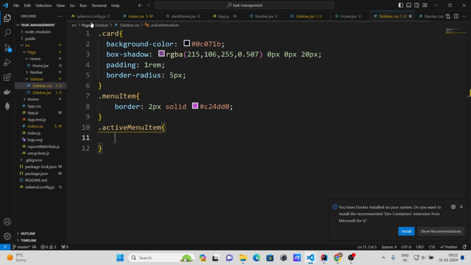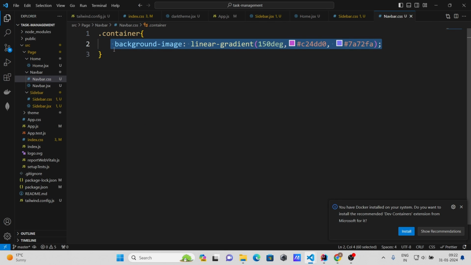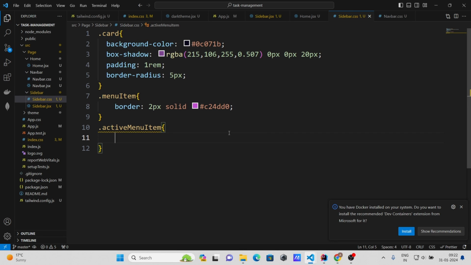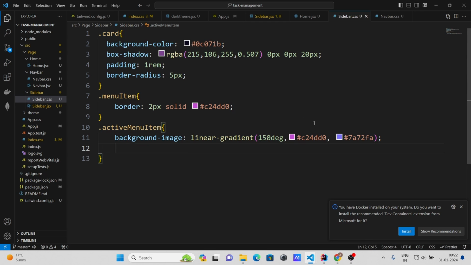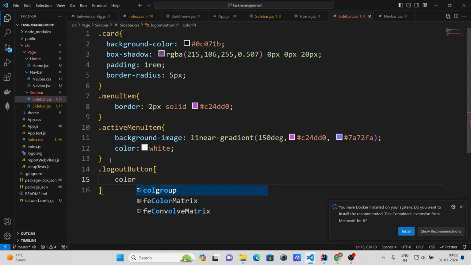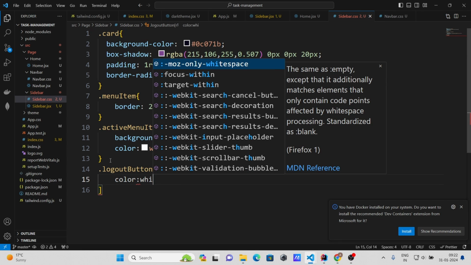let me go to navbar.css, I guess, and copy this background image. This we are gonna use here. Okay, background image will be this, and color will be white. That's enough. And logout button, let's give here logout button as well. Logout button, color white,